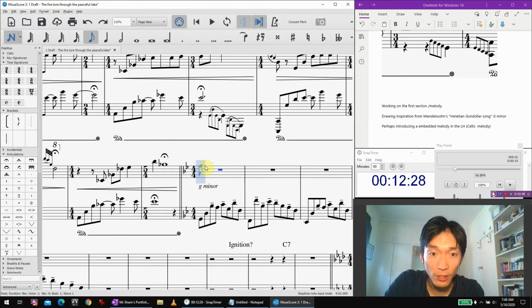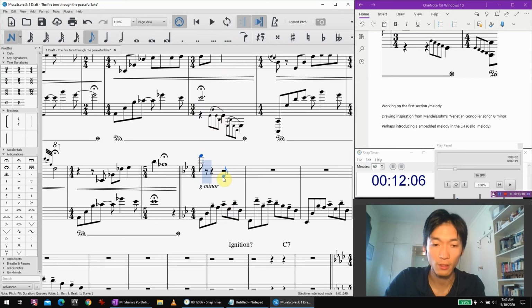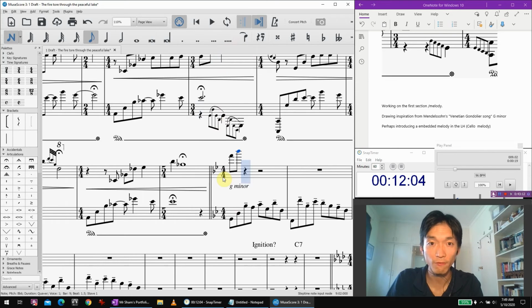So what I've got in mind is I want to do a contrary motion mirror image which meets on these key notes, D, E flat, and F. So D, B flat, and F. We're going to start on a high F. Let's try that. F. Okay. F to B flat to D, and then